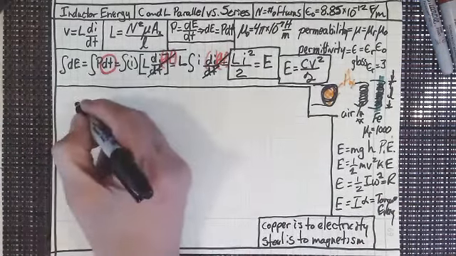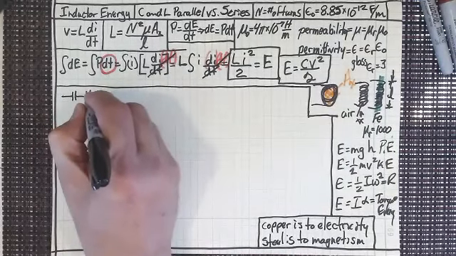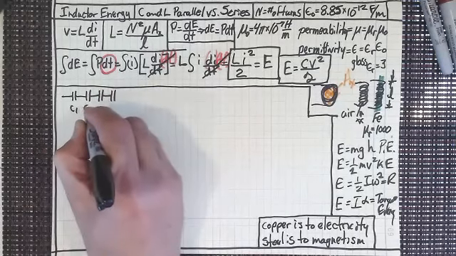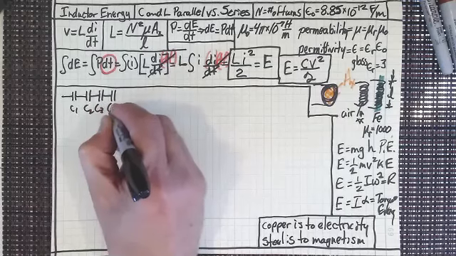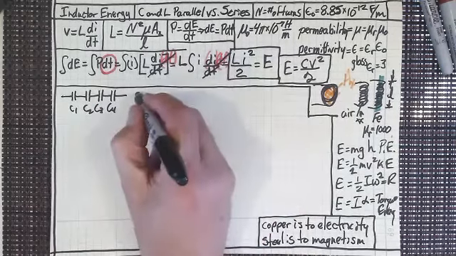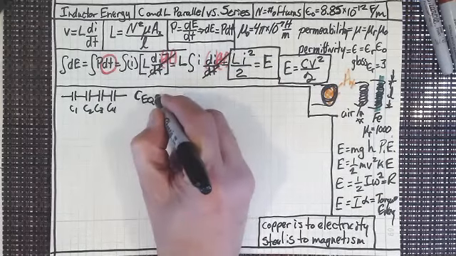All right. How do capacitors in series add together? I got C1, C2, C3, C4 all together. How do those add up? If I wanted C equivalent of those four in series,